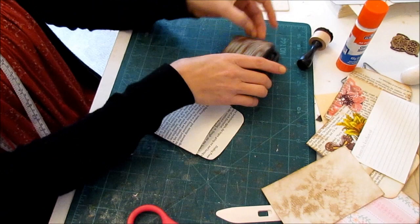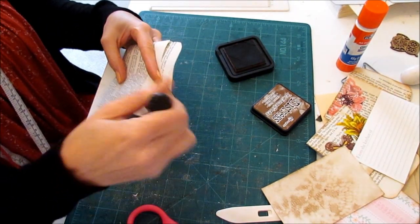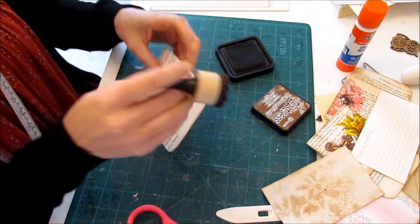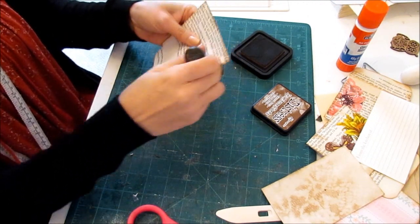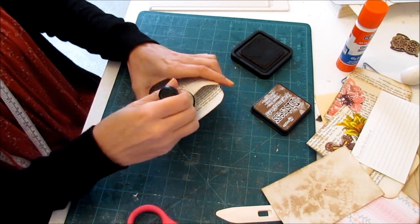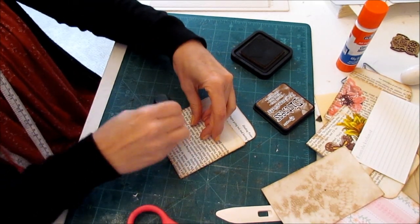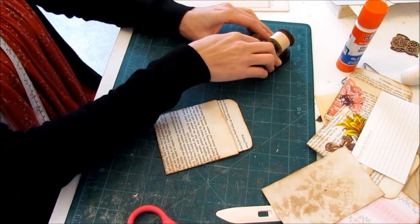So it's pretty much done, but you know, you want to make it look nice. So just do a little bit of inking around the edges. Give it a little bit of an older feel. And if you want, before you glue those edges, you could ink this top edge, which at that point would have been the bottom edge. But there you go. Put as much ink or age as you want. And then,